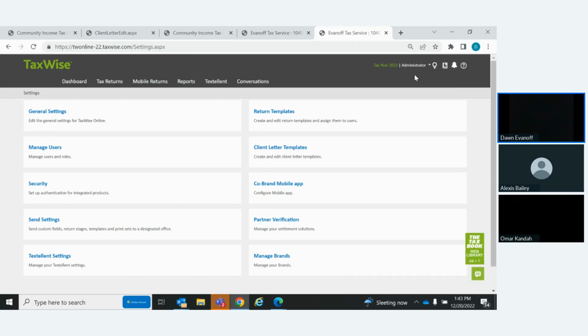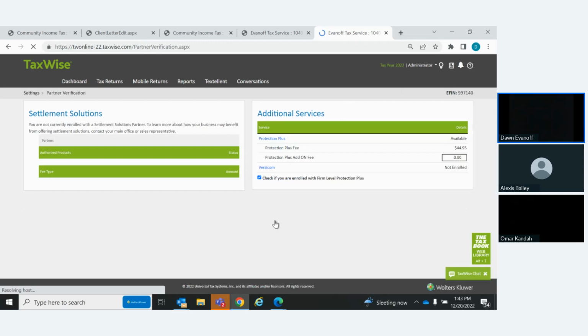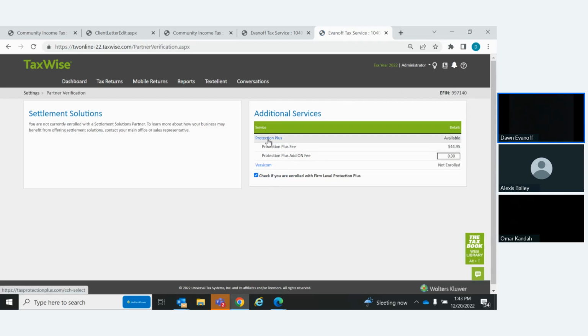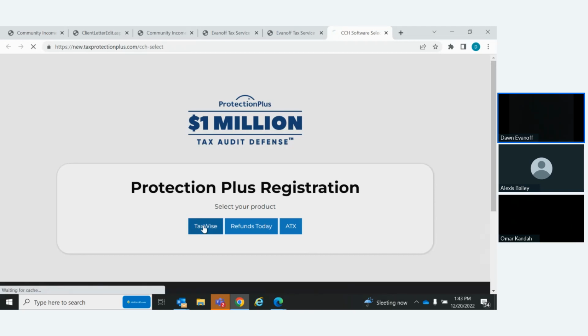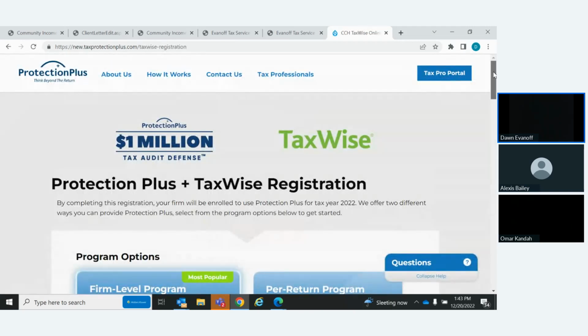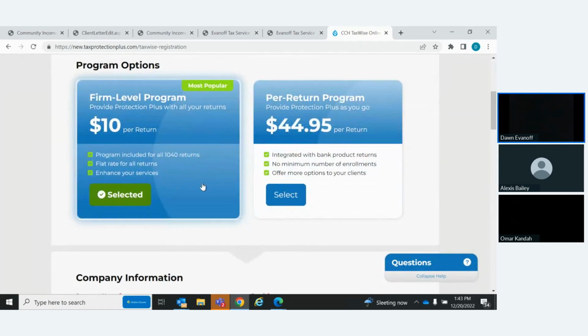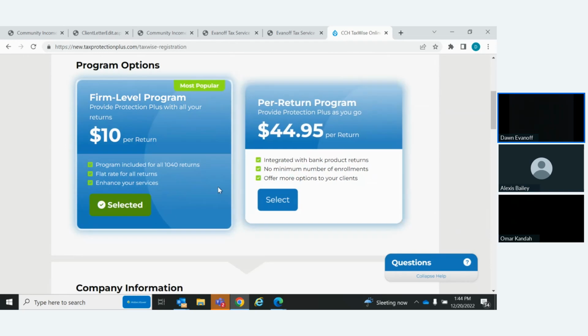The way you make that determination is, again, I went up to administrator, I went to settings, and where I'm going to go is partner verification and Protection Plus. And you'll notice now it shows Protection Plus. You'll have to choose Taxwise. And now what it tells you is the information. So here is the new firm level. It's on all 1040 returns. It's $10 per return, and it includes the enhanced services. And you would select which one you want. If you select the firm level,